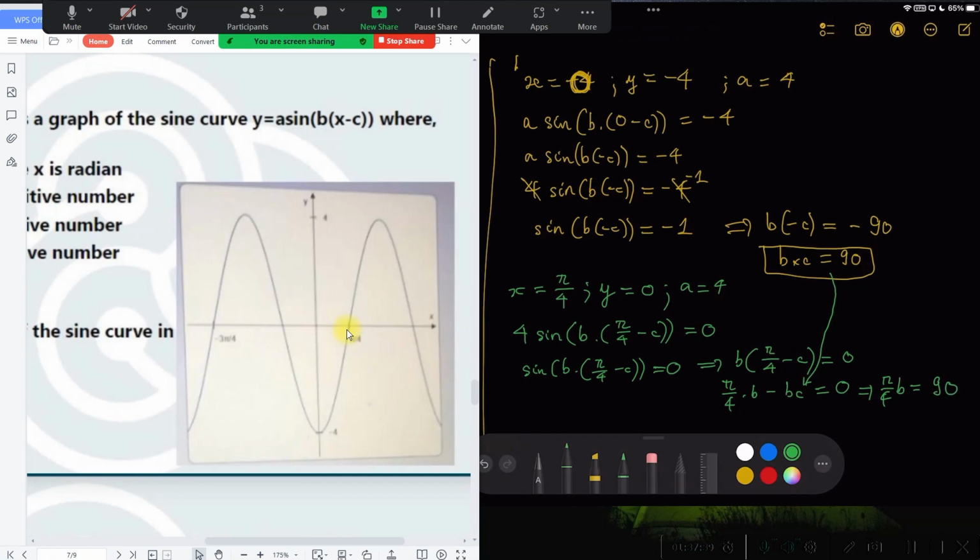It's gonna be 90. So this one minus bc is actually minus 4, minus 90, but move to the right side, it's gonna be 90. So what is b then? B bằng 90 chia